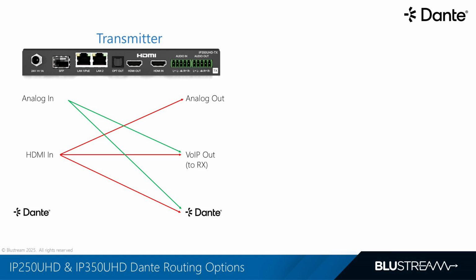2, it can be embedded in the video over IP stream, where it stays paired with the video signal and is distributed seamlessly across the entire video over IP network, ensuring full AV synchronization from source all the way to the screen. And 3, it can be routed into the Dante network. That same HDMI audio can also be transmitted directly into Dante or AES67, allowing you to use the signal anywhere within your IP-based audio environment.